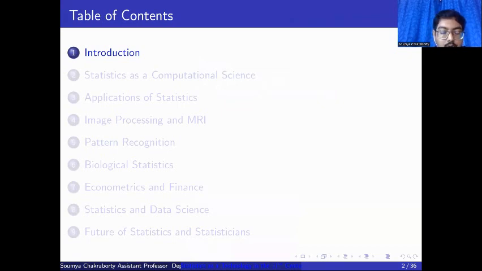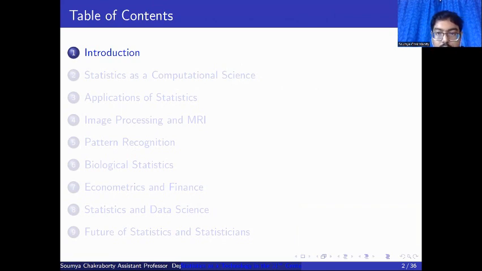So this will be more or less the content of this talk. First, I will introduce the subject statistics for a general audience, and then what is statistics, what are the methodologies used in statistics, and then I will go to the main theme of this talk, the applications of statistics in different fields, and I will mainly talk about some of the very popular applications of statistics nowadays, mainly in